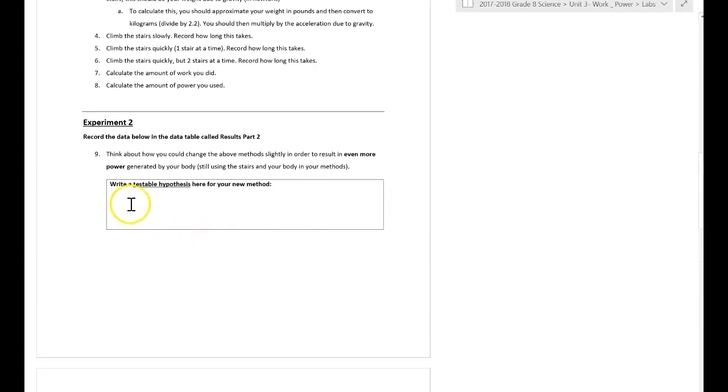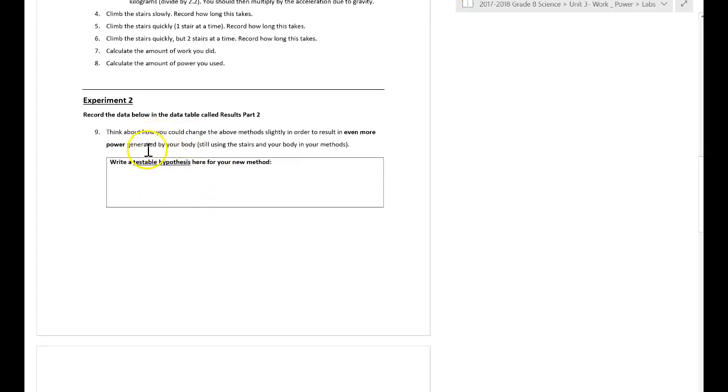And so what you're going to do is come up with a testable hypothesis, right? A testable hypothesis would be like, if I were heavier, then the power would increase. Or if I were lighter, meaning if the force was greater or if the force was less, then the power would be greater or less. Or if there was a greater distance or a shorter distance, or if there was